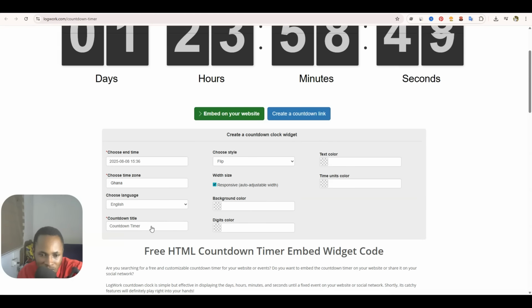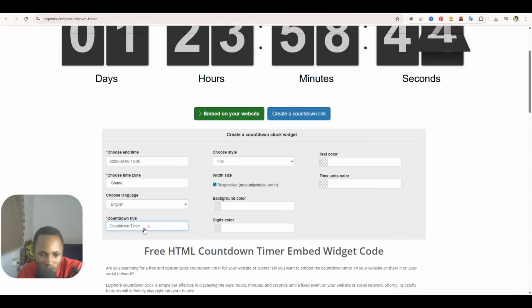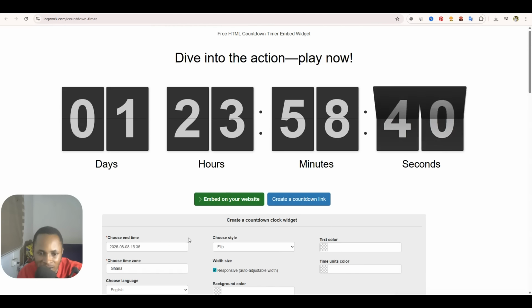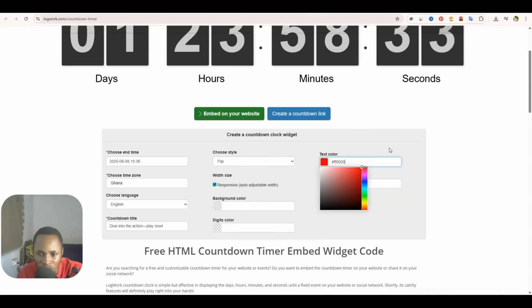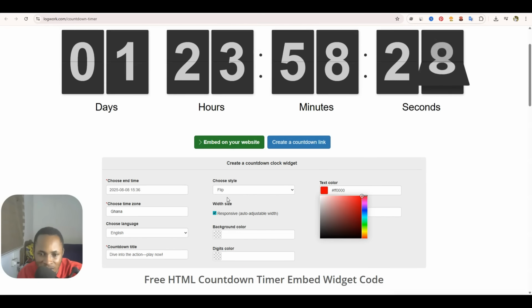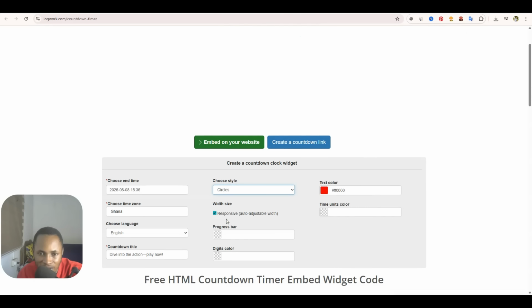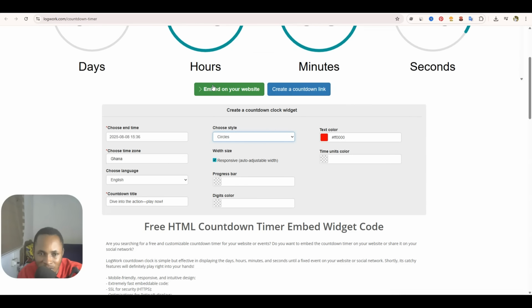Okay. So I'm going to change the countdown title over here. So let me change it over here by pasting what says dive into the action and play right now. So I'm going to change the color of that, the title color, the text color. I'm going to change that to red, and you can see it has changed. So I'm going to go ahead and change it from flip to circles. So this is it over here. So I've changed it to circles,